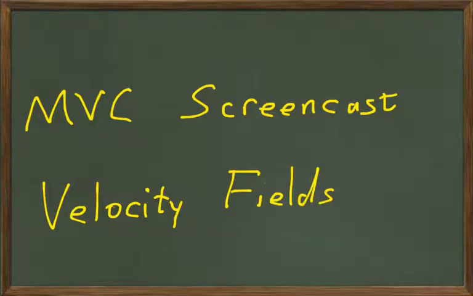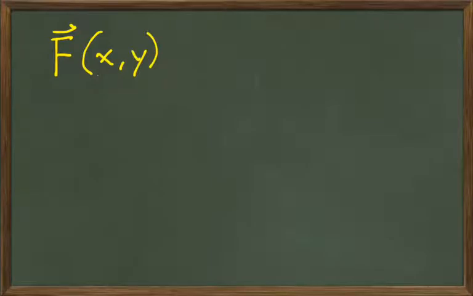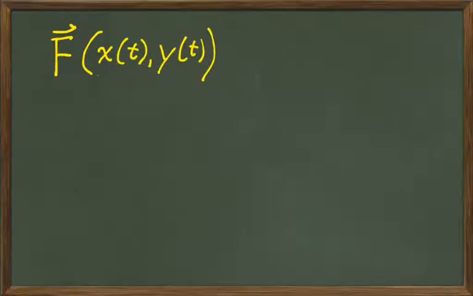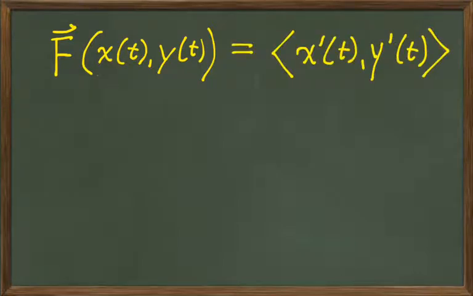Well, a velocity field is a vector field, of course, but we're interpreting the vector at each point as the velocity of some moving particle. So we're going to imagine a particle moving in our space, so x and y will both depend on t, and then we want to figure out a path where the value of the vector field is the velocity of that particle. So the goal here is to, given a vector field f, find a path, find functions x and y,